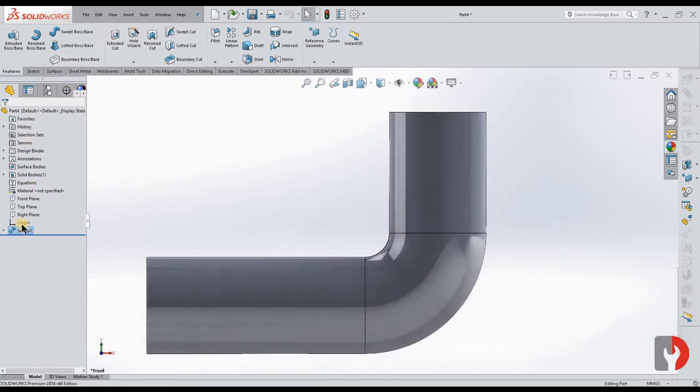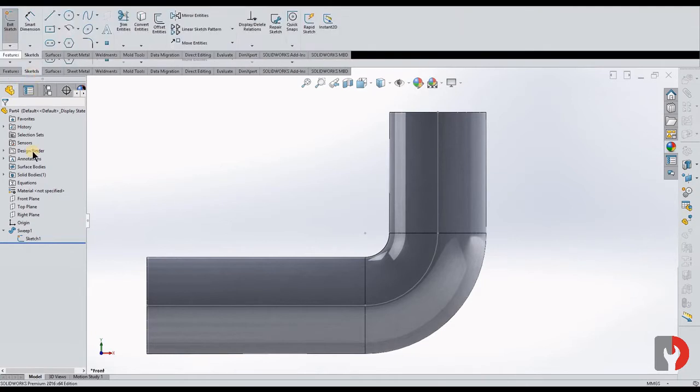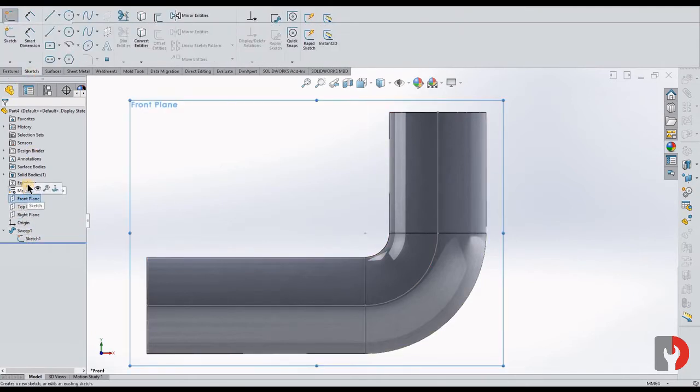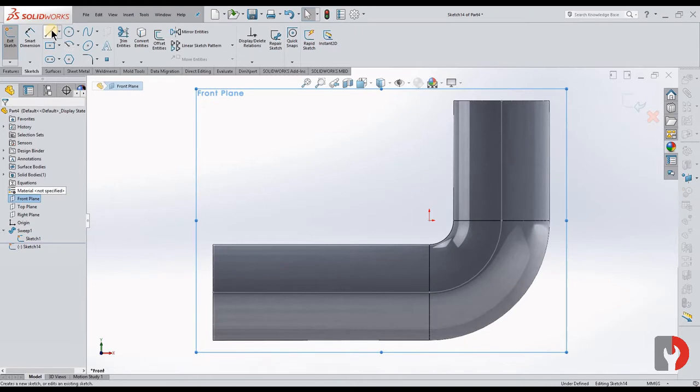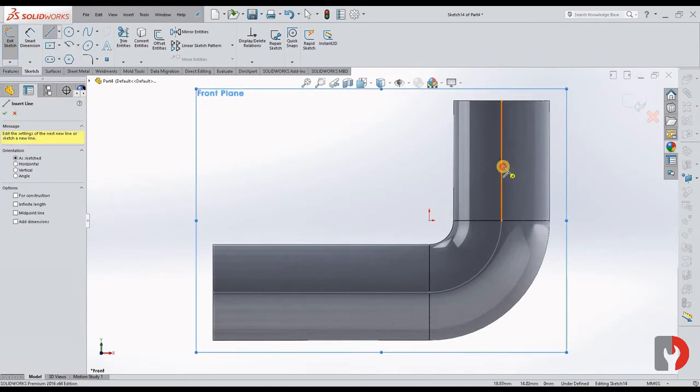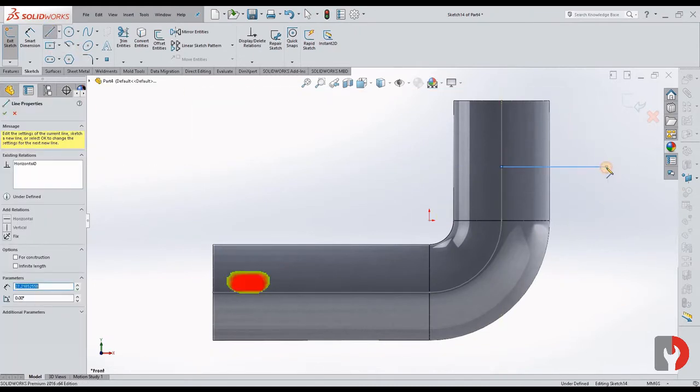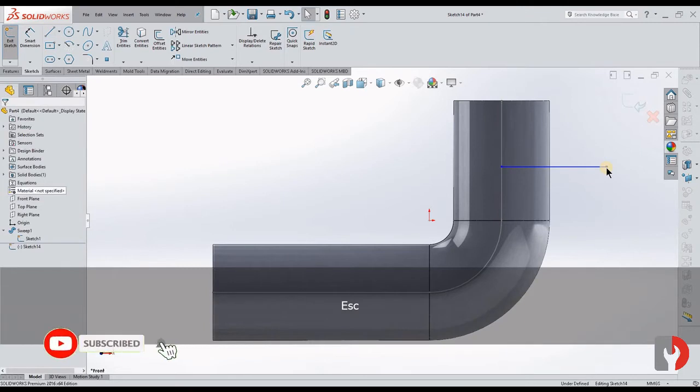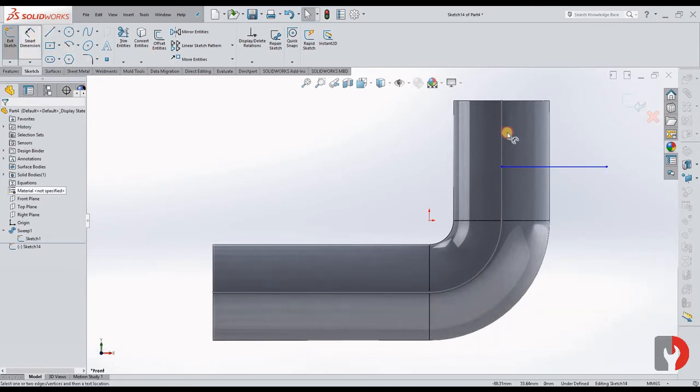Now make the sketch visible. Okay, now sketch on front plane, choose line, draw a line over here. Okay, now dimension it.